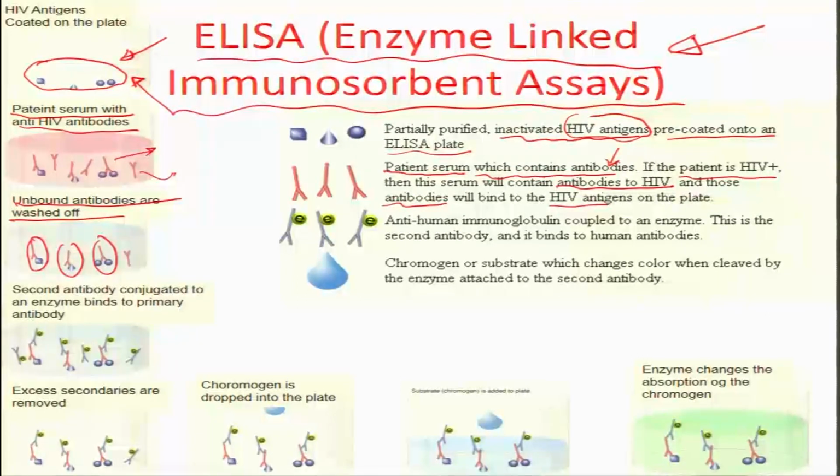And so, we have a bound set of antibodies now which are there, and what we do in the fourth step is, after washing, a second antibody is conjugated to an enzyme, which is binding to another primary antibody. So, let us say we bind this secondary antibody to the long chain of a primary antibody, and